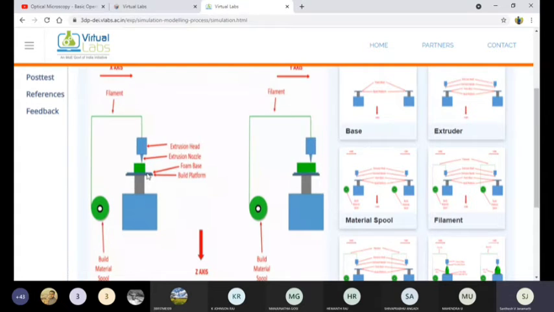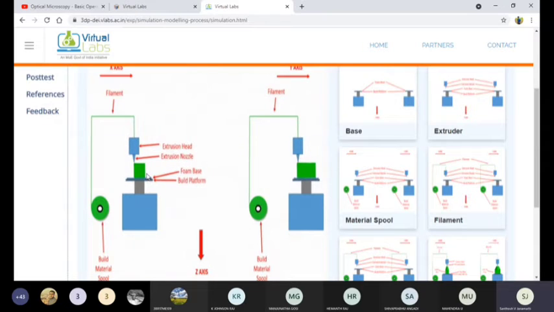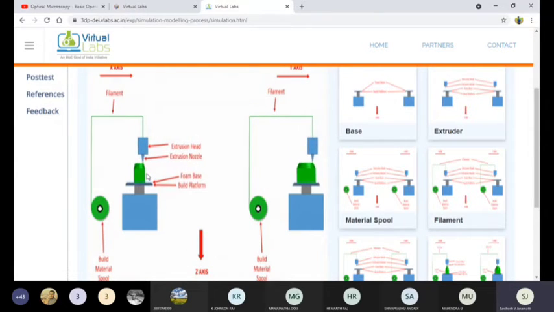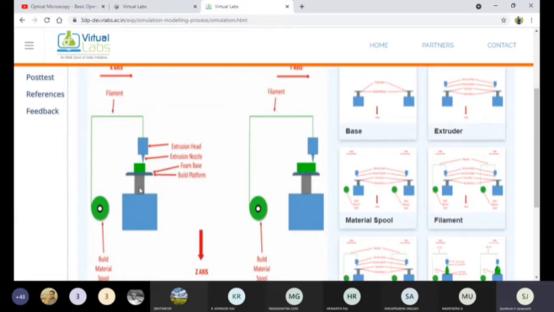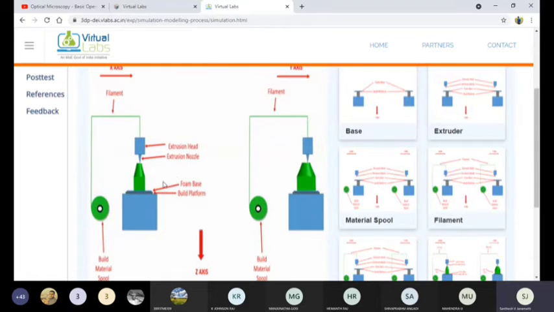That layer will be deposited over the substrate or build platform. Once it is deposited, the platform starts moving in a downward direction till this 3D object is formed over the platform. Once the layer is built, it is immediately cooled by atmospheric temperature. Hence it becomes dense or hard.